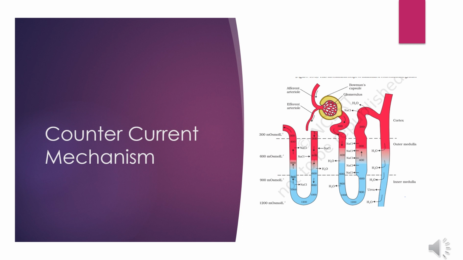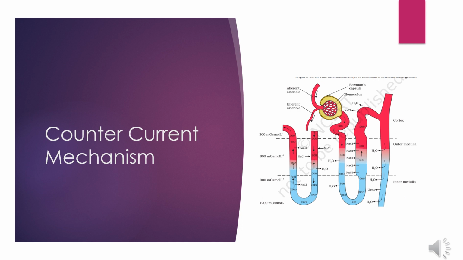The kidneys have a special mechanism for concentrating the urine. This is called the countercurrent mechanism. This mechanism depends upon the loop of Henle and the vasa recta, collecting ducts and interstitial fluid. The flow of filtrate in the two limbs of the loop of Henle is in opposite direction, means the ascending limb and descending limb have opposite directions, and thus form a counter current. The flow of blood in the ascending and descending capillary of the vasa recta is also in opposite direction and therefore forms a counter current.